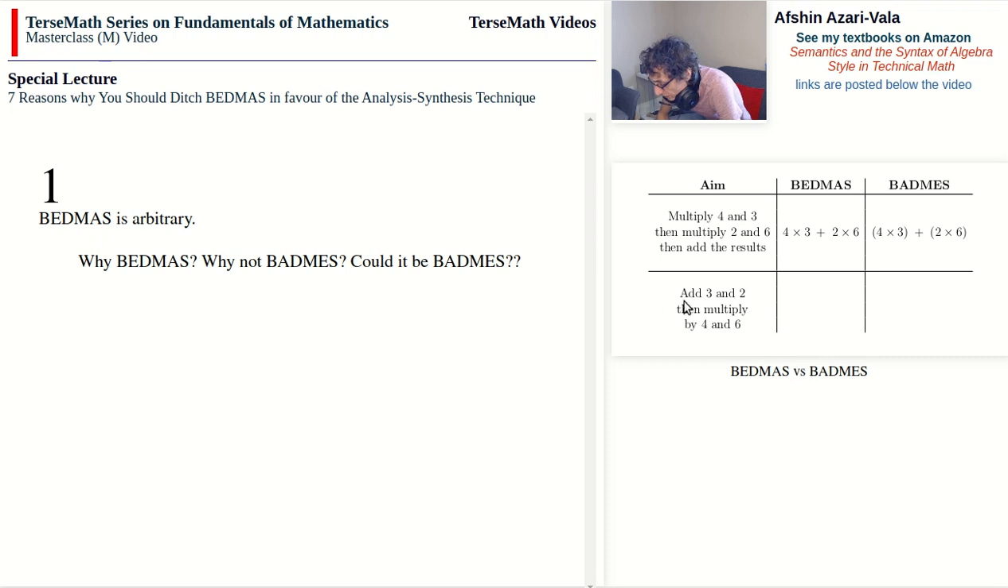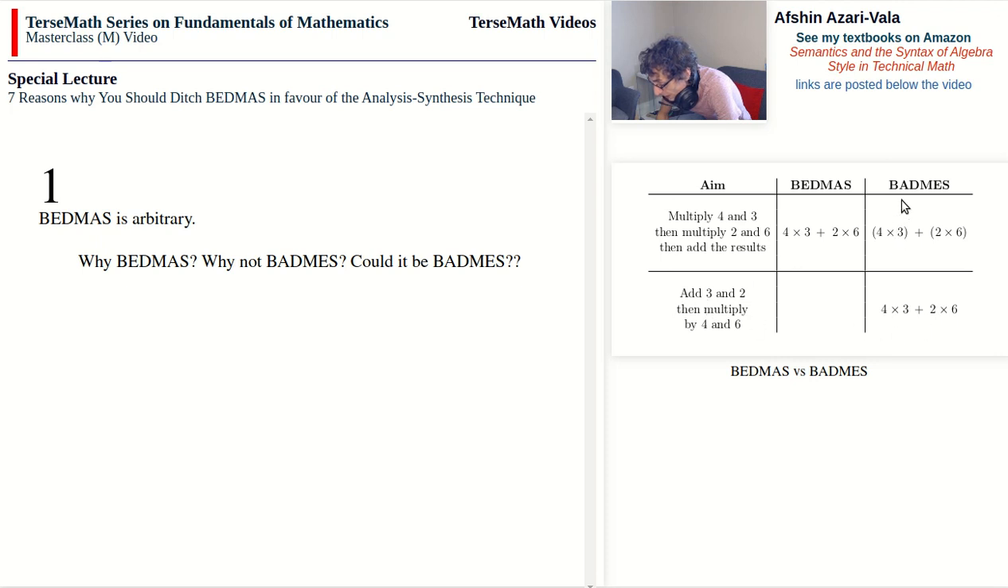Now, if we take a look at our second aim, this time we would like to add 3 and 2, and then multiply by 4 and 6. So we want to do 4 times the sum of 3 and 2, which is 5, and then multiply the result by 6. And in this case, for BADNess, the expression as I've written it here works pretty well, because